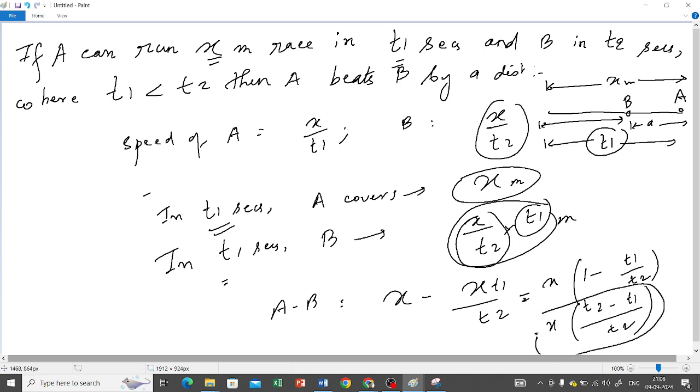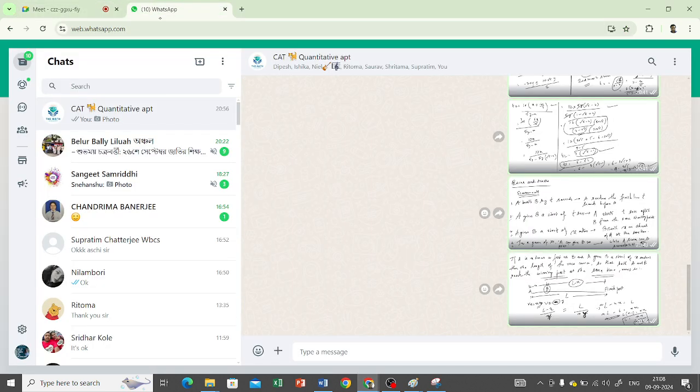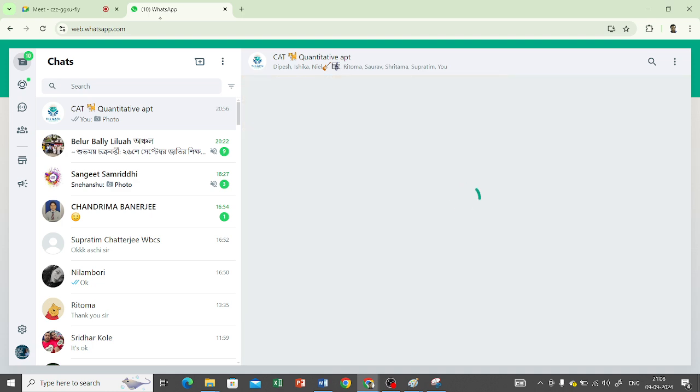Do you understand this? You understand this derivation? Yes, sir. If you think about it a little bit, and you have sufficient analytical skill, you can actually analyze and get the formula yourself.